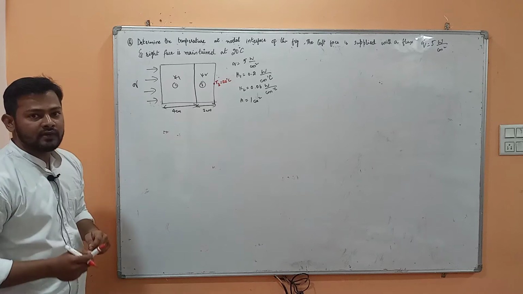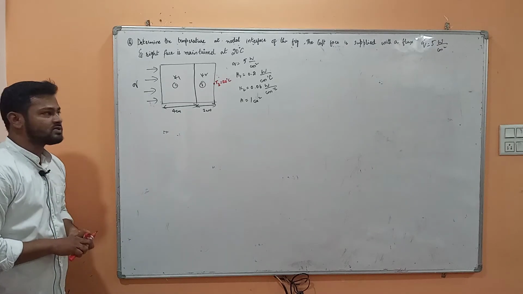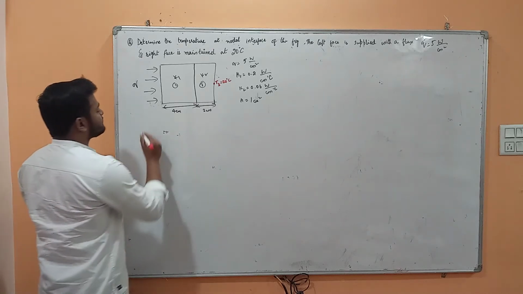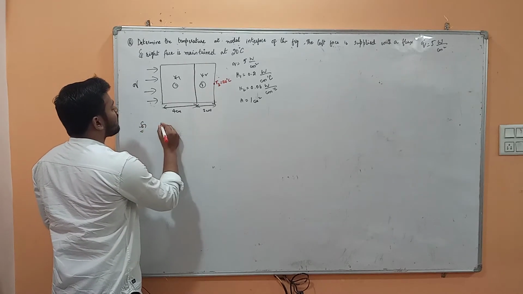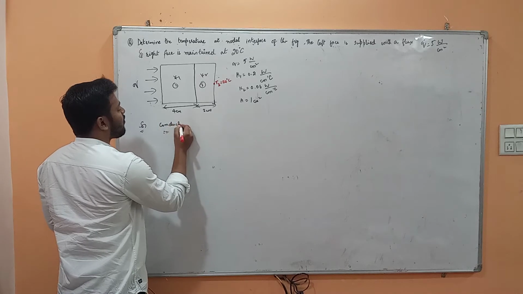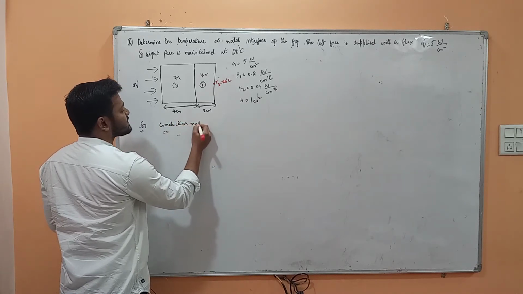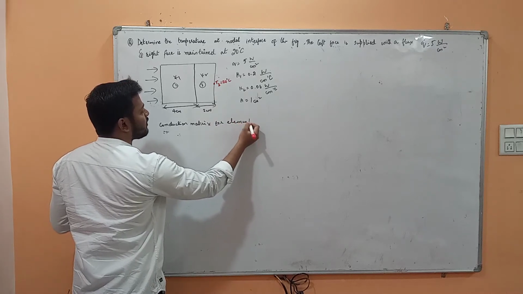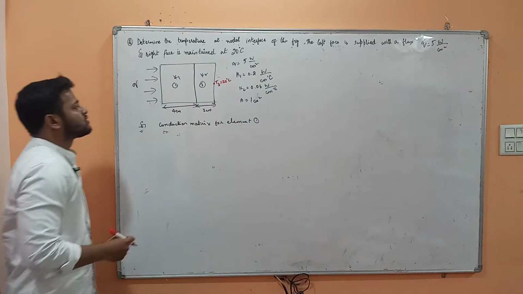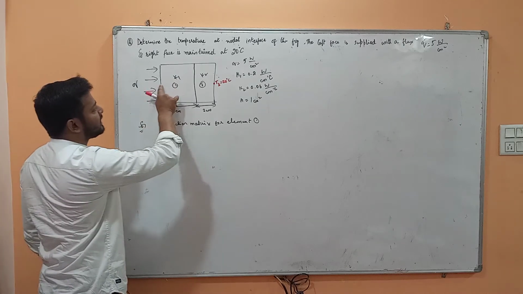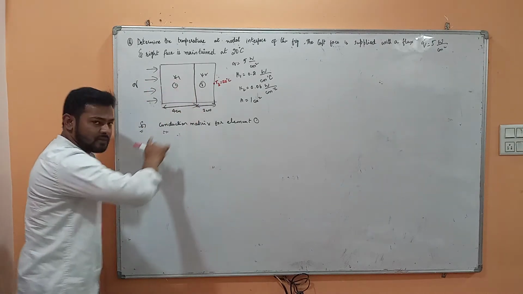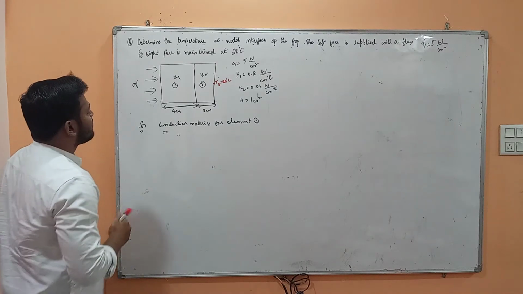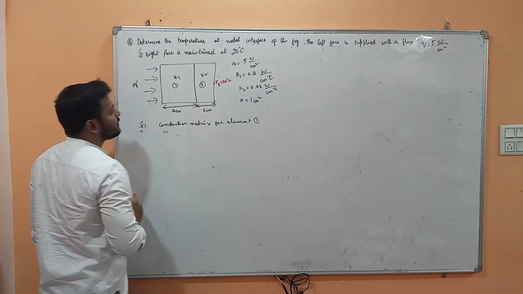First we have to determine the matrix K, which is a combination of conduction and convection. So first, the conduction matrix for element 1, which is wall 1. There is only conduction, because there is no convection mentioned in the diagram, nor has it been mentioned in the question. So we only have to do conduction for element 1.